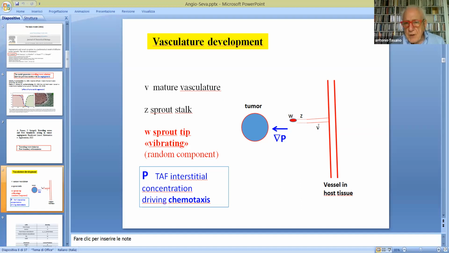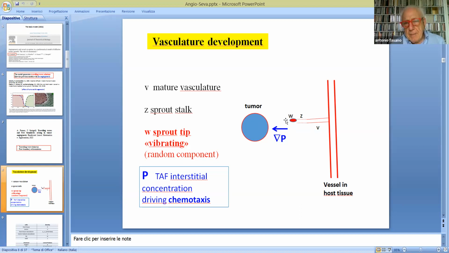The concentration of mature blood vessels is denoted by V, and there is a preliminary stage in which the so-called sprout cells form first, say, a provisional vessel, immature, not complete, in the form of so-called stalk cells, and the direction of growth is chosen by other cells, which are called the sprout tip cells, which mainly follow the chemotactic information, so the gradient of P.